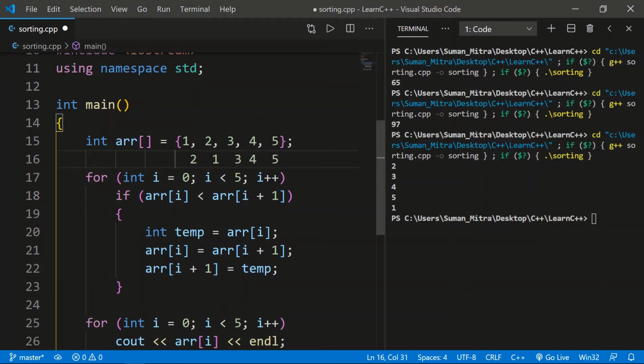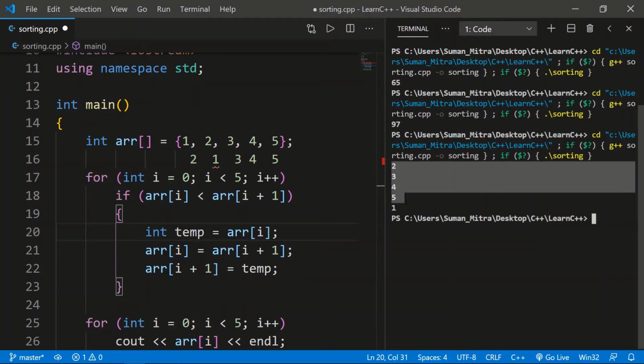And for the second it checked between 1 and 3 and it shows that 3 is greater than 1, so similarly 3 came in the place of 1. You can see 3 came where 1 was. Then later on it checked between 1 and 4 came here, and it checked between 1 and 5 came here, and the 1 ended in the last. But this is not complete. We did not get the descending order till now.